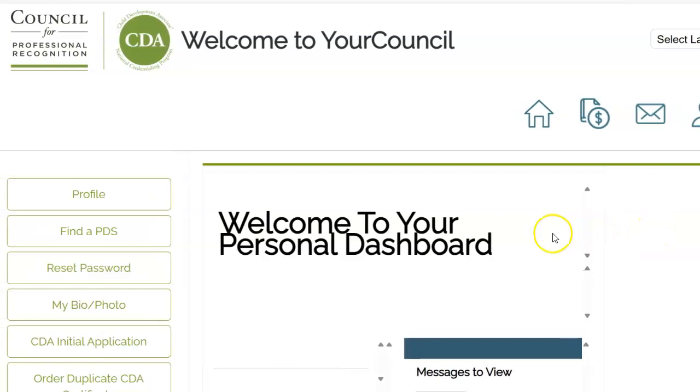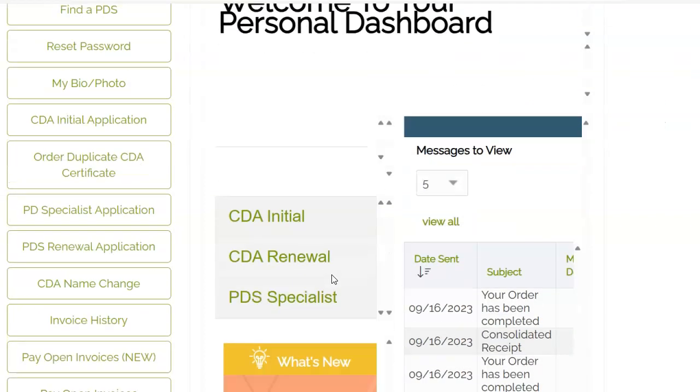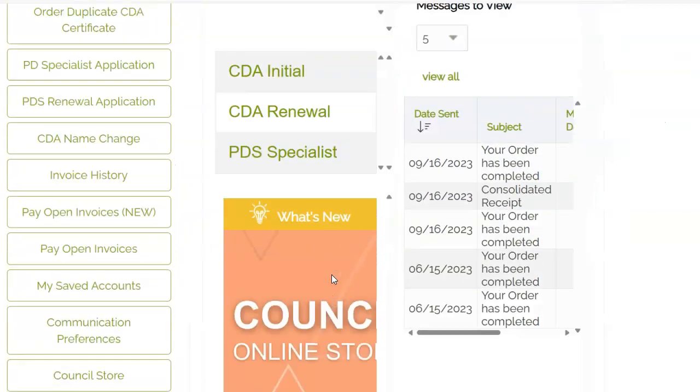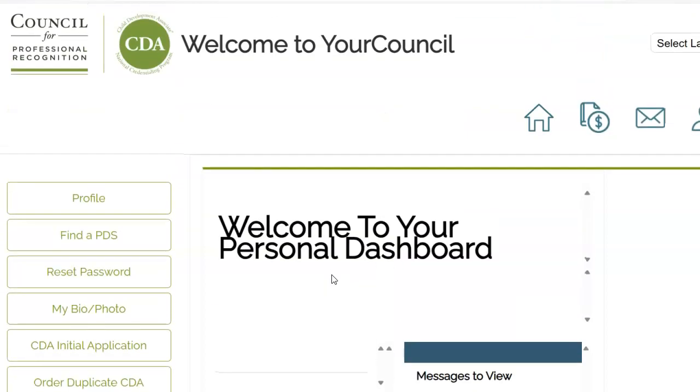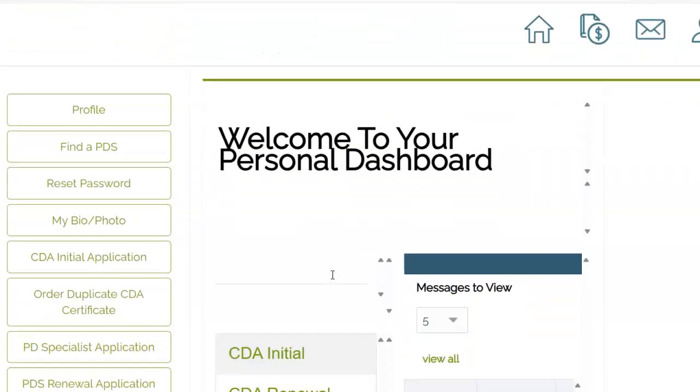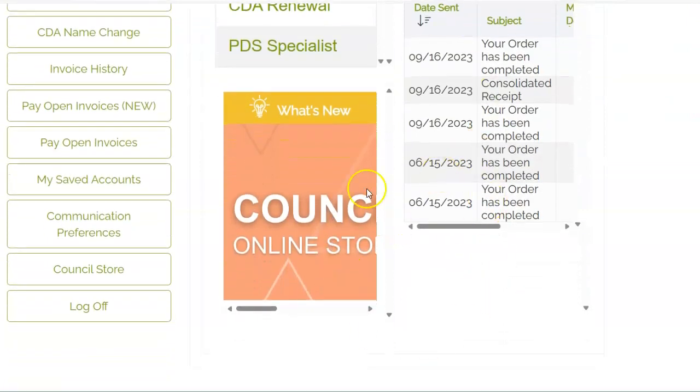Okay? The process is a little complicated. So at this point, I just want you to create your account and remember your username and password. And then you and me will be going through this,